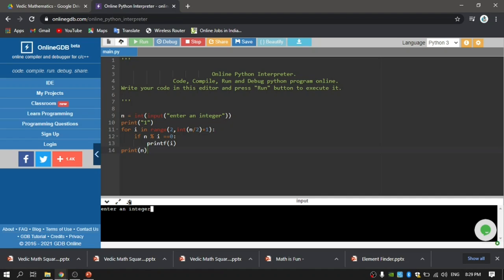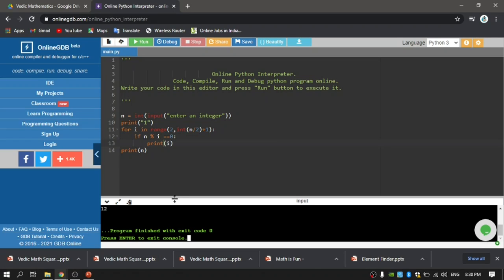Enter an integer. I am giving 12. Okay, and then you can see there is a mistake here. Somewhere I have written printf rather than print. Why? Because printf is related to the C programming language or C++. As I have a lot of acquaintance with the C programming language, that is one of my favorite programming languages, I have used the same. Now let me give the input as 12 and check.